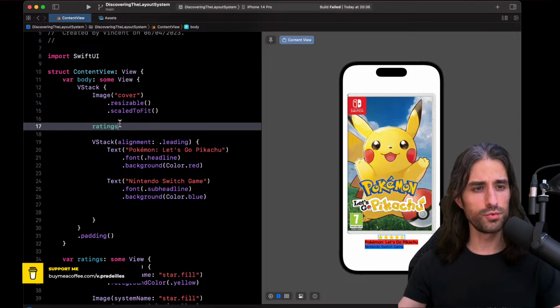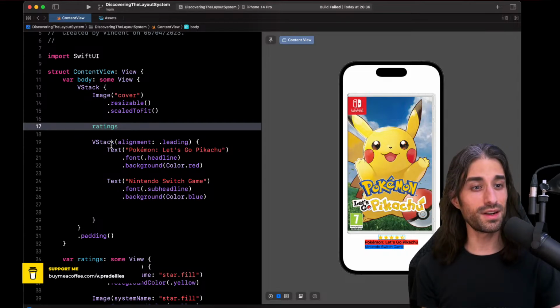You would need to also move the constraints. Here, because of the way SwiftUI's layout system works, we don't have this notion of constraint, we don't have that concept, and it makes it easier because when we move the view, we also kind of move its positioning logic with it. It's a bit of a simplification, but you get what I mean. We can easily move views around and the layout system will adapt.